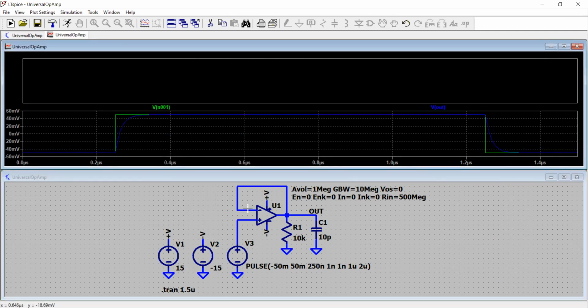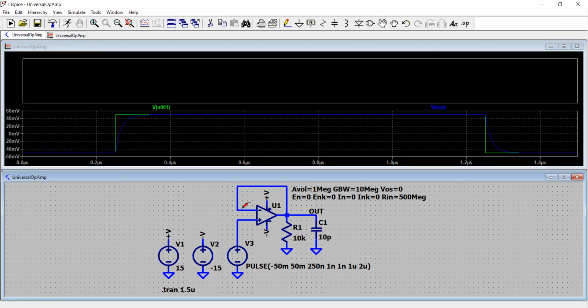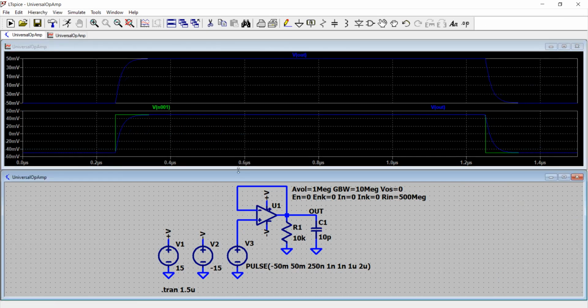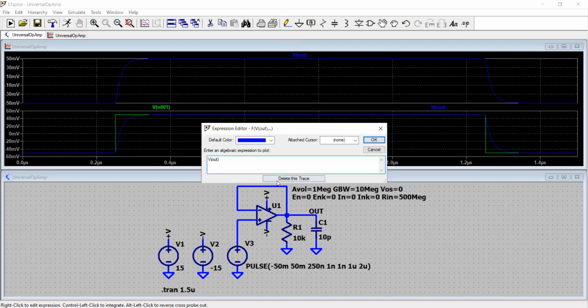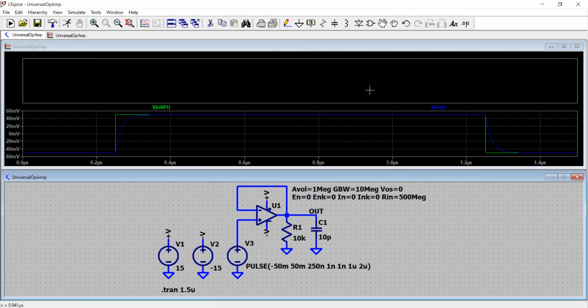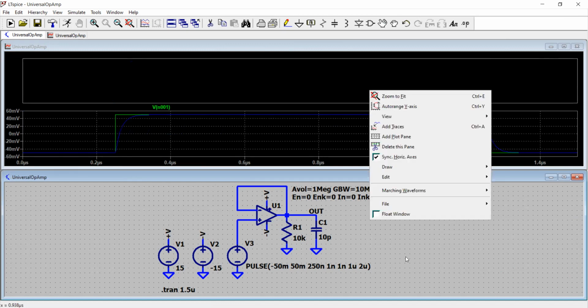Now, since this is a voltage follower, I want to measure the voltage at the negative terminal, which is actually nothing but the output voltage, right? Then the voltage across R1 and the capacitor, which is the load, is going to be the same. How about running the DC analysis? I leave it to you. We have done that before. So for example, I just delete the traces and then